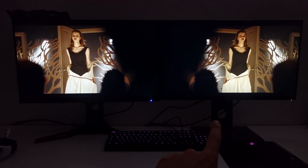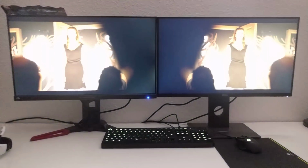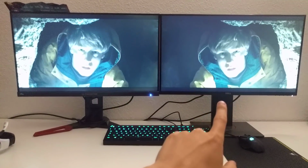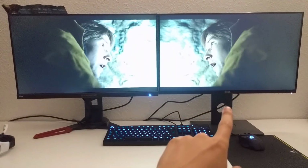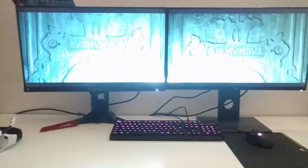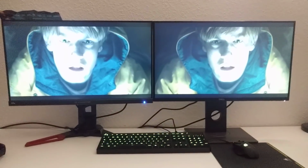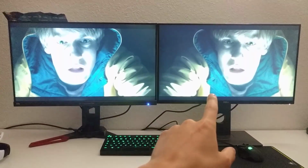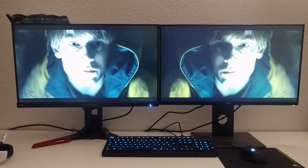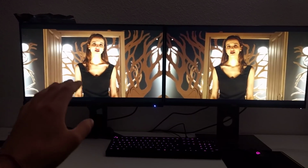First I decided to go for the TN panel because I needed it for gaming, and it was way cheaper. In Germany right now we have the Acer for 750 euros, and the Dell goes for 500 euros directly from Dell. Initially I wanted to return the Dell, and Dell support offered me an additional 10% discount if I keep it. So in the end I would go for 450 here and 750 here, so a 300 euro difference. And now here in direct comparison,